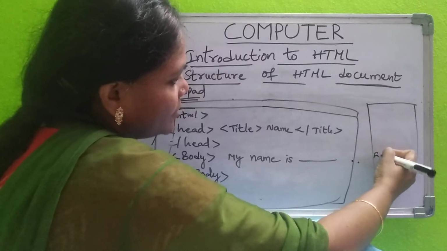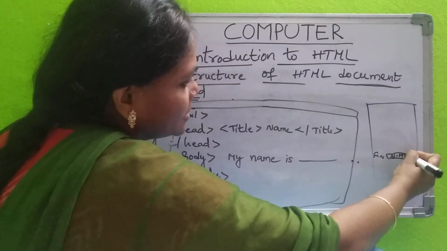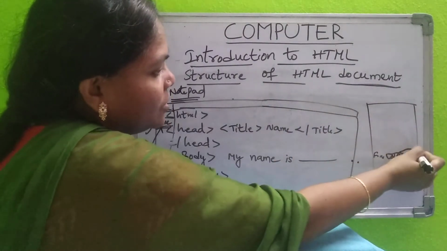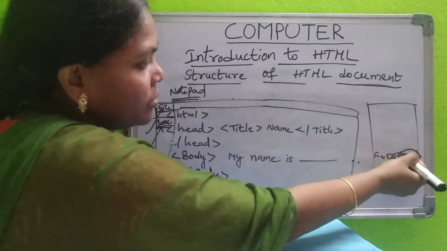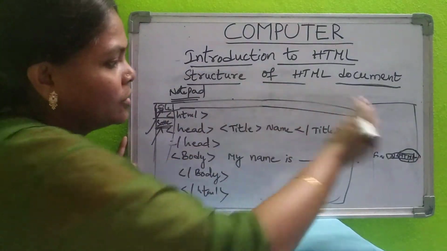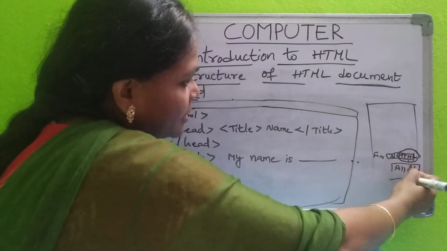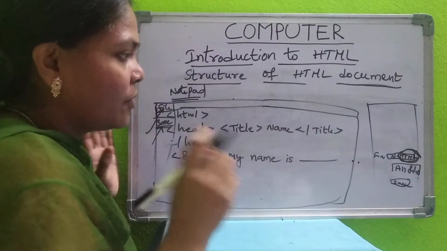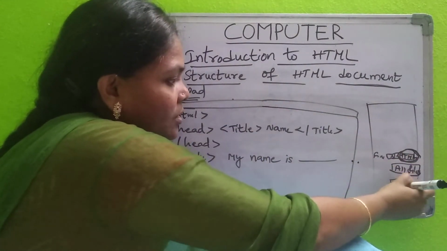Here the file name is given. In this file name I am giving n.html, whether in capital letters or small letters, however you can mention it. But .html must be mentioned in the file name, to show that it is an HTML file and so that it opens your web page in the web browser. Select all files here and click on the save button. So you must give the file name .html and select all files. Then click on the save button.